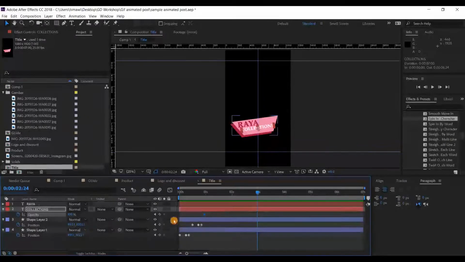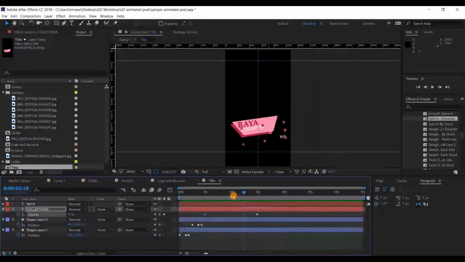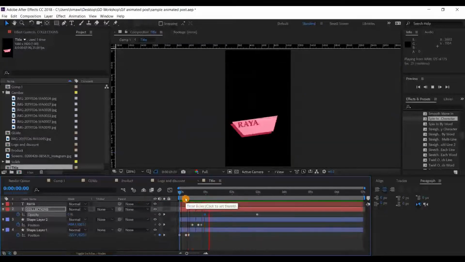Maybe here another keyframe. For the first keyframe, we're going to make it 0 opacity. So we will see our animated text look something like this.